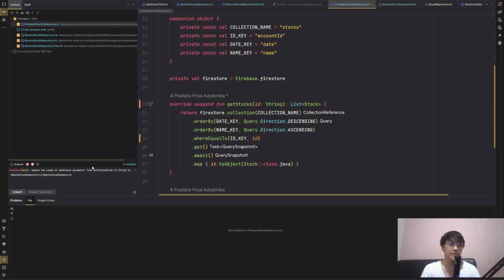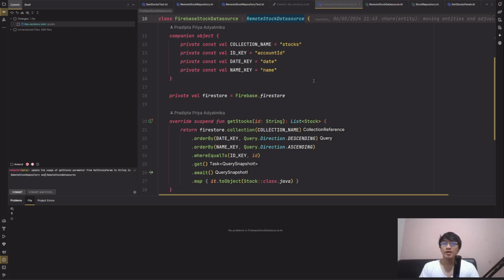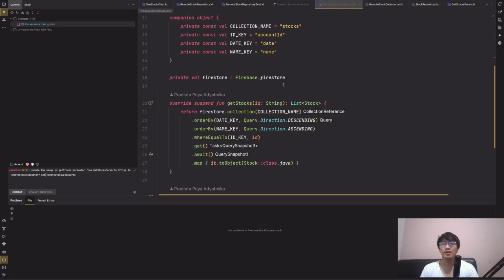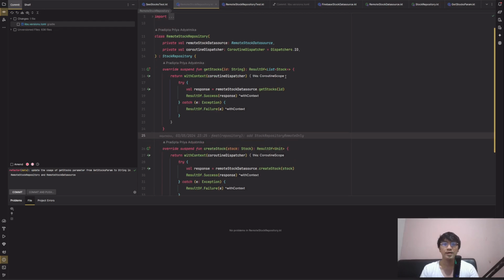In repository data source, yeah, I think it's fine. It's descriptive enough with this. So let's commit. Nice. Okay. Okay. Lastly,